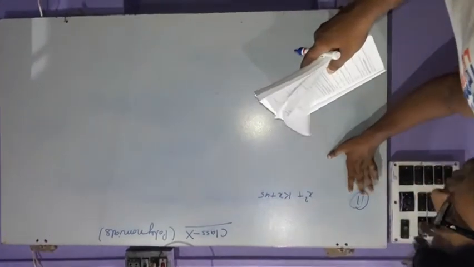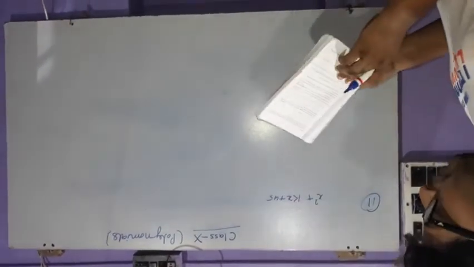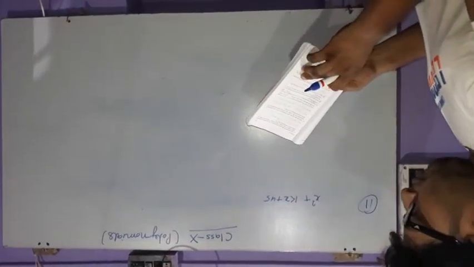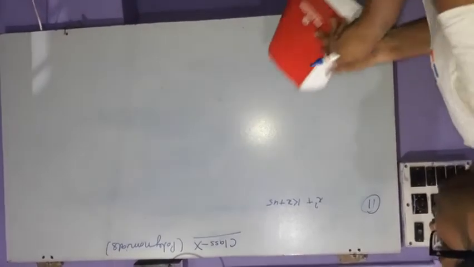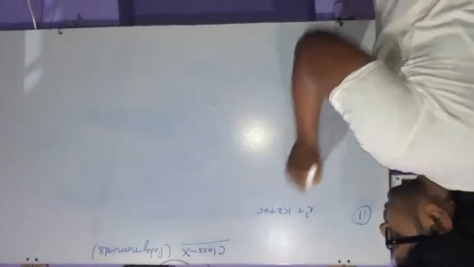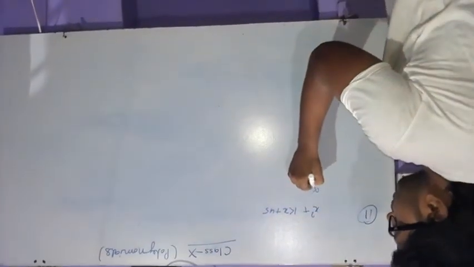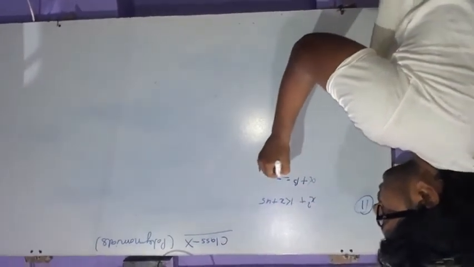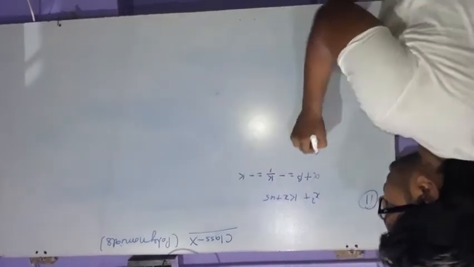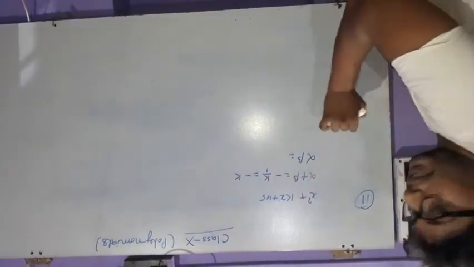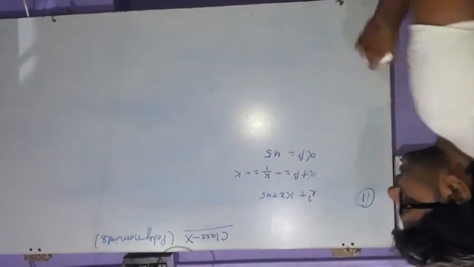Students, now question number 11 is: find the value of k if the square difference of zeros of the polynomial x square plus kx plus 45 is 144. So the polynomial is x square plus kx plus 45. What will be alpha plus beta? Alpha plus beta will be minus b by a, that means minus k upon 1, that is minus k. And what is alpha beta? This is c by a, so 45.